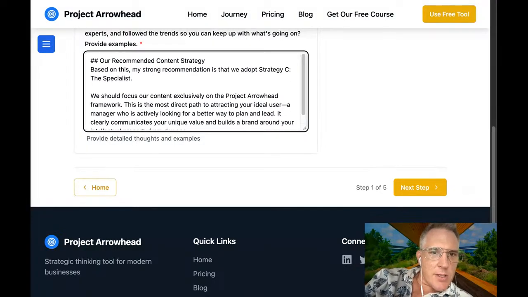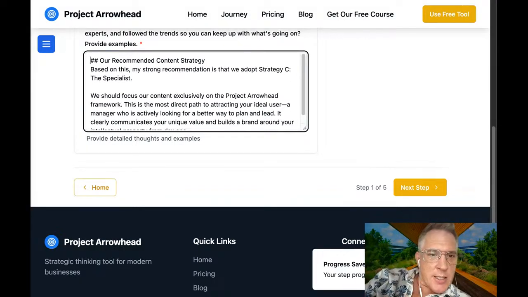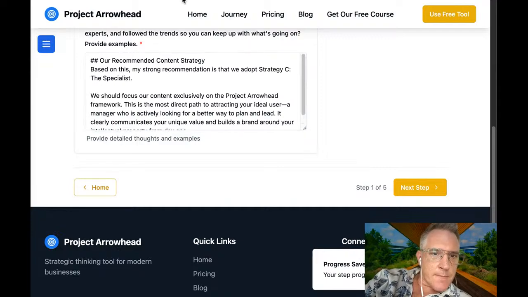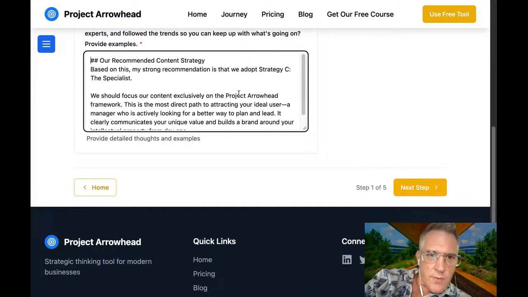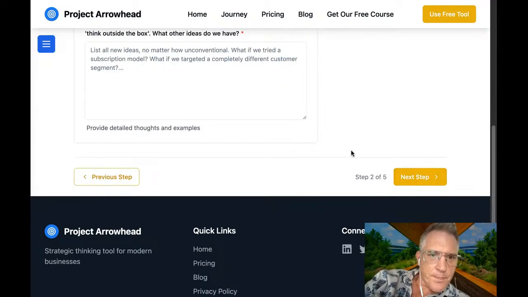Okay, so it says our recommended strategy for your blog post is adopt strategy C, the specialist. We should focus our content exclusively on the Project Arrowhead framework. This is the most direct path to attracting your ideal user, the manager who's actively looking for a better way to plan and lead. It clearly communicates your unique value and builds your brand around your intellectual property from day one. Good. All right, next step.